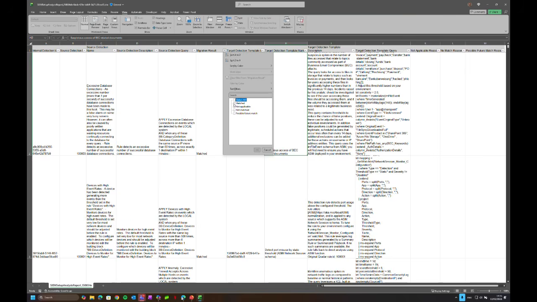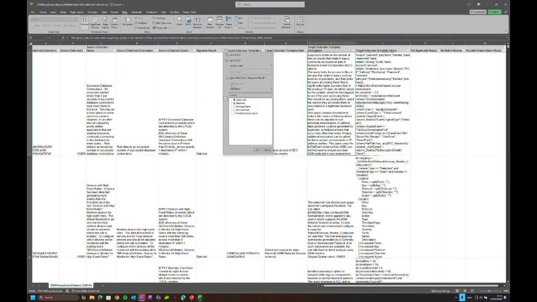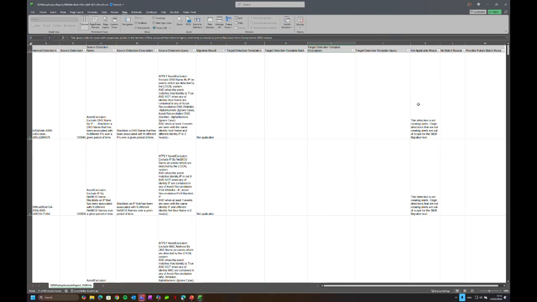In the cases where the result was a match, you will see the source detection name and description and query, and so on from Curator, of course, and we'll also see the target Sentinel out-of-the-box analytics template that we recommend you to enable. If you go to the not applicable, you will actually see the reason, not applicable reason, of